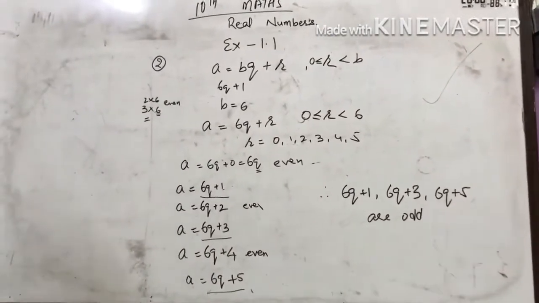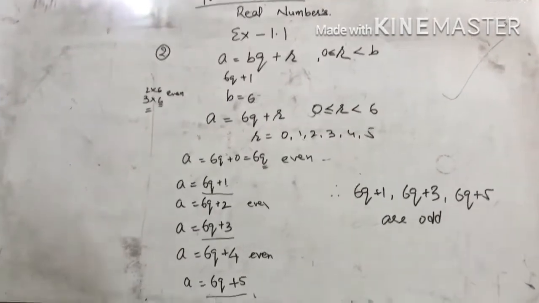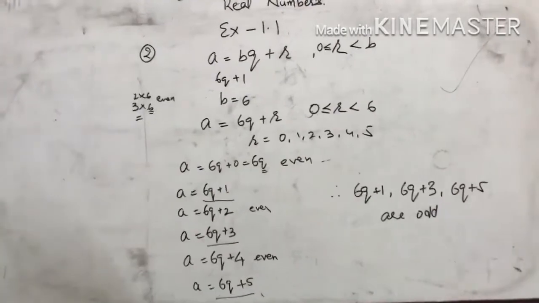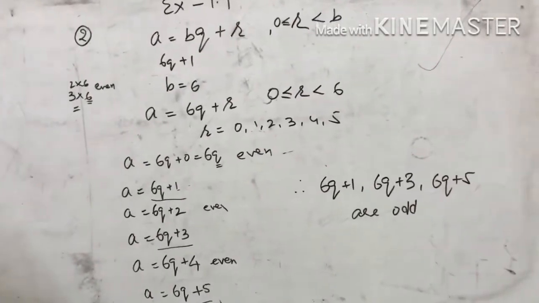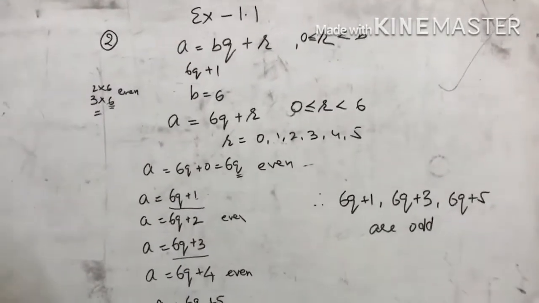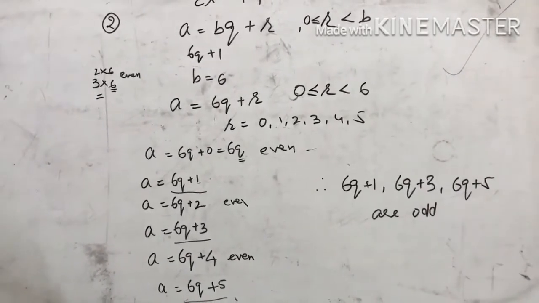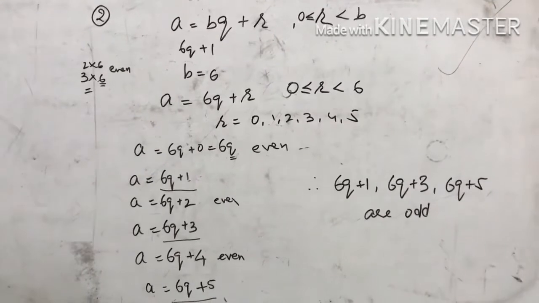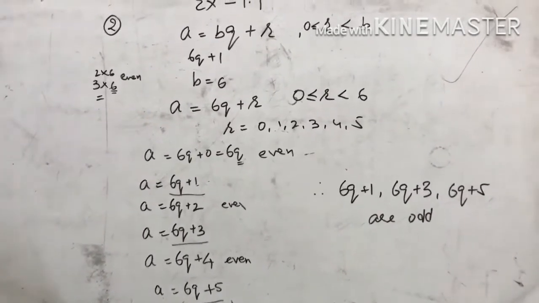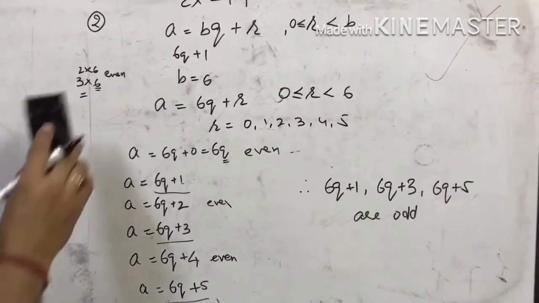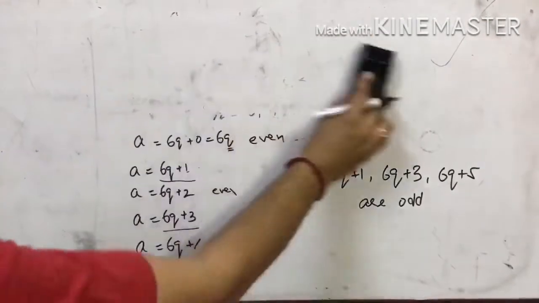Third question is, an army contingent of 616 members is to march behind an army band of 32 members, and they want these two groups to march in the same number of columns, and the maximum number of columns they want. So maximum means highest, and highest means HCF. So you have to find the HCF of the two numbers 616 and 32. So question number 3 is,